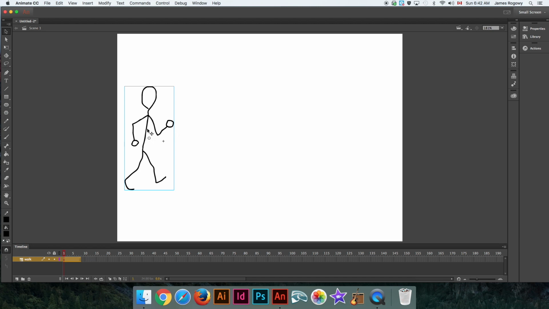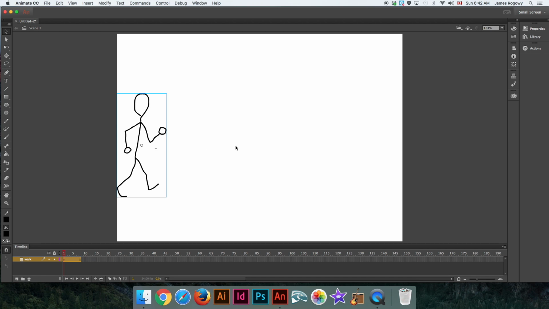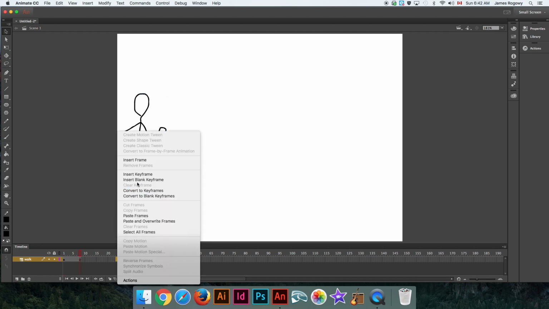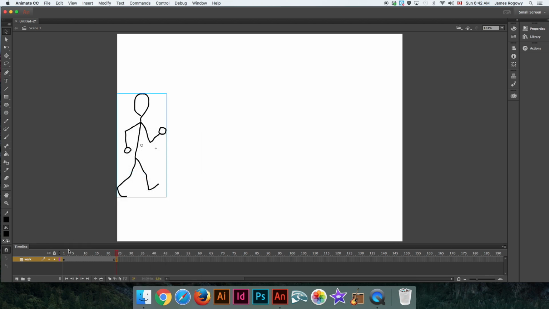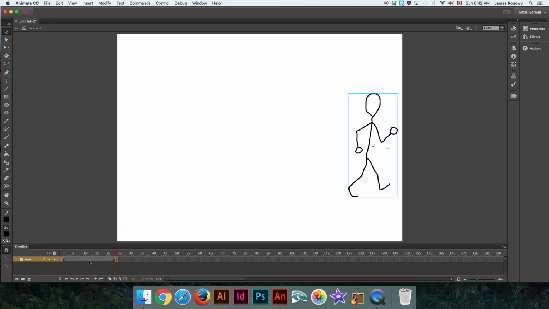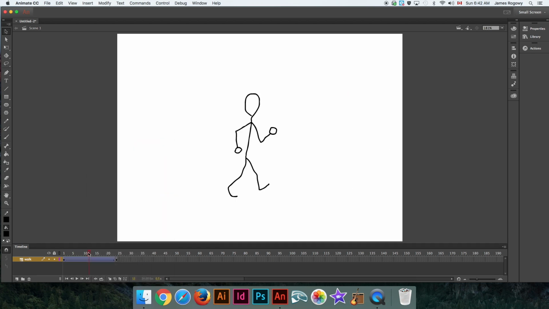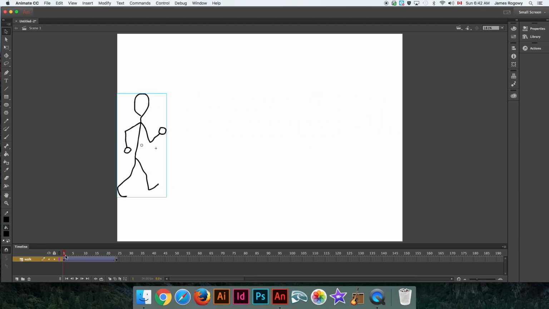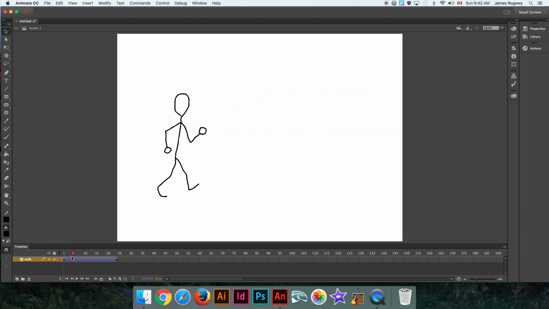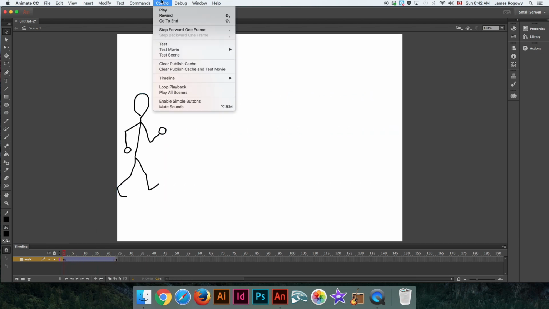Let's say we wanted him to go now from the left side of the stage to the right side of the stage. I could go up to, let's say, frame 24, put a keyframe. Okay, so on the number 1, he's over here. And on 24, remember this from last tutorial, we move him over to the right-hand side of the stage. And we put the classic tween in between. And guess what? You won't see it happening. Okay? Actually, I can turn that option on. But when I go to test this,